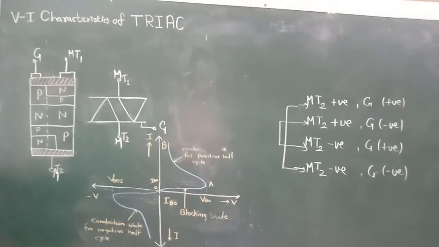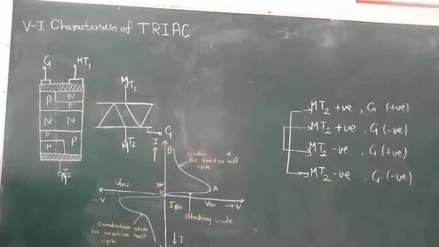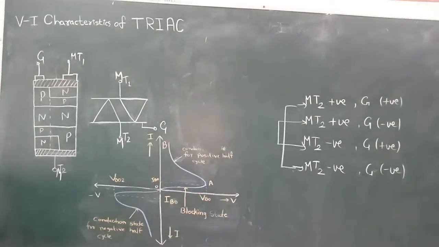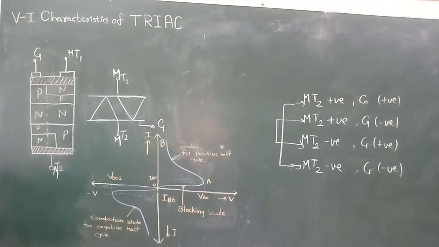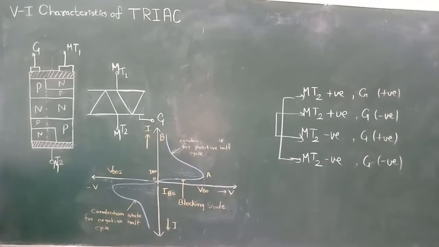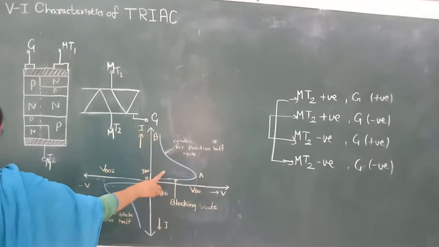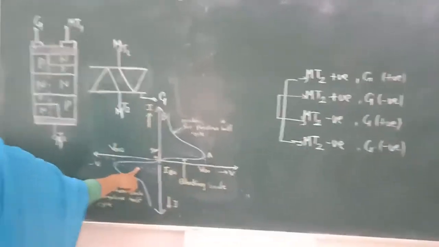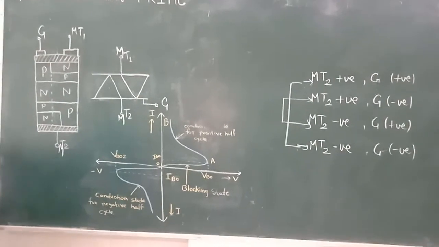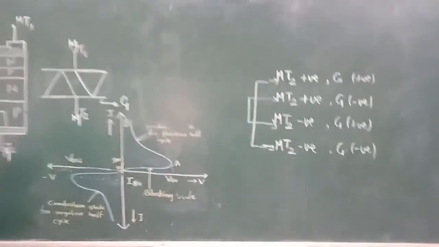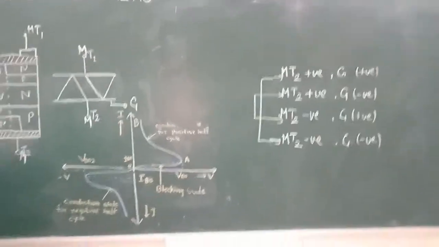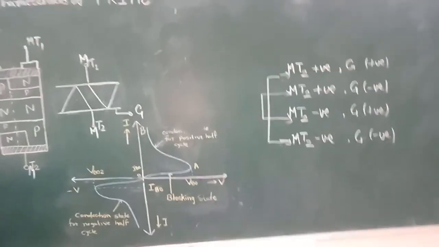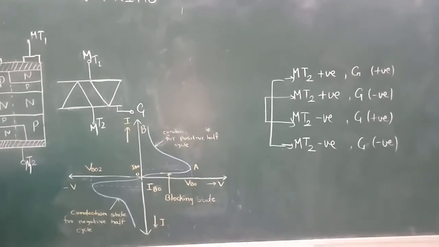The characteristics of the triac are based on terminal MT1 as a reference point. The first quadrant is the region where MT2 is positive with respect to MT1, and vice versa for the third quadrant. The peak voltage applied across the device in either direction must be less than the breakover voltage in order to retain control by the gate.